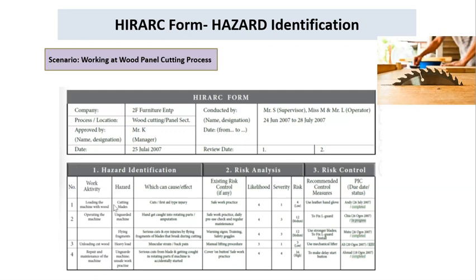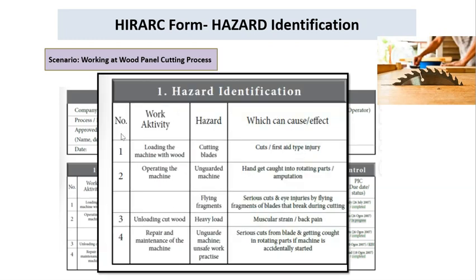So we're going to do the hazard identification. We're going to have a column for the numbers, the work activity in the wood panel cutting process, the hazard related to the work activity, and also the cause, effect, or impact of the hazard. So from here we can imagine loading the wood onto the cutting machine, which involves this cutting blade. It's not yet operating, so it's just loading first,